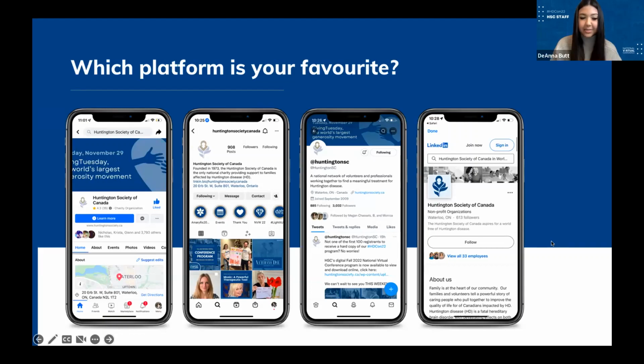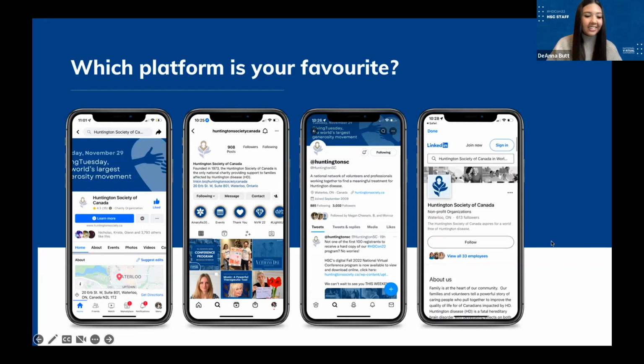Yeah, and like we just talked about, 80% of the population is on Facebook. So I'm not surprised that it is the most popular one. But that's great. Thanks for everyone's answers there and helping participation. But yeah, as I mentioned, Instagram is my favorite just because you get to scroll through all these pretty pictures, as Janice mentioned, and they have those Instagram reels, which I can get lost in time going through those.